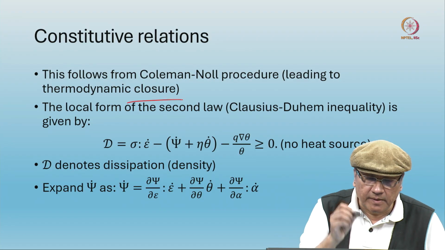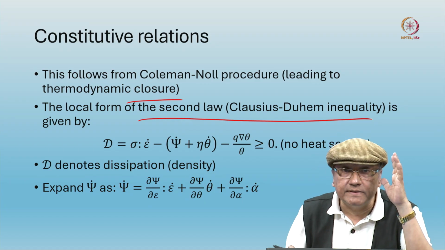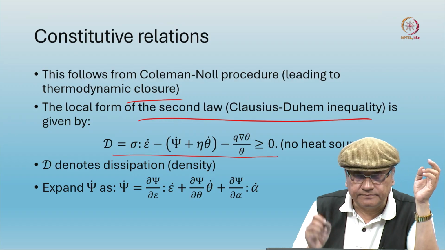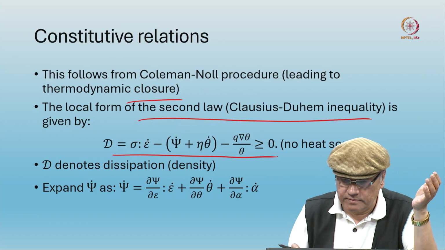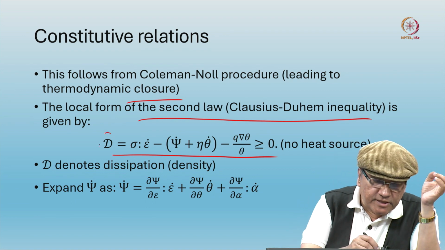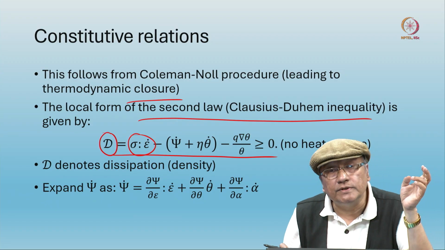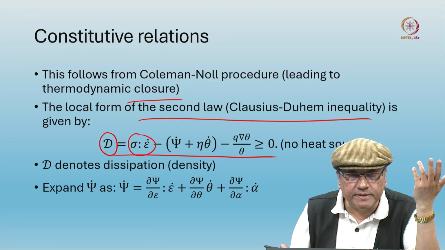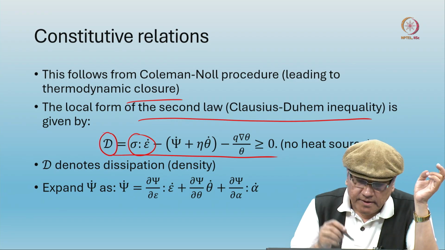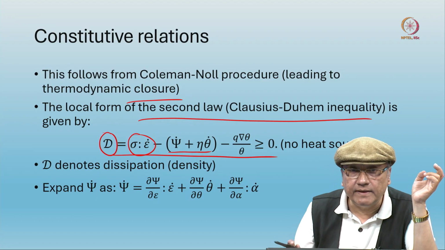So, leading to thermodynamic closure. For that, you use the local form of the combined dissipation inequality, which is given here, combining the two laws, also called the Clausius-Duhem inequality. That is, the dissipation is given by one term which is related to the stress power, remember, sigma inner product with epsilon dot, minus the rate of psi plus eta theta dot, minus